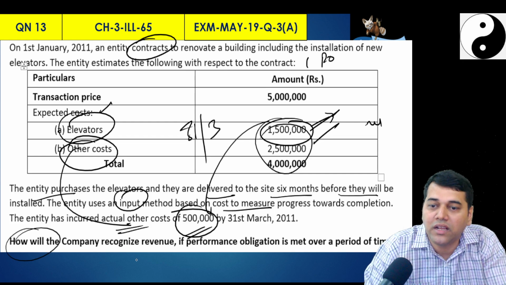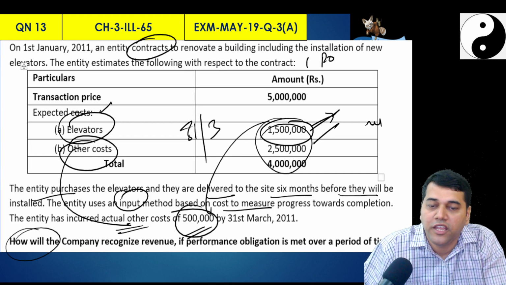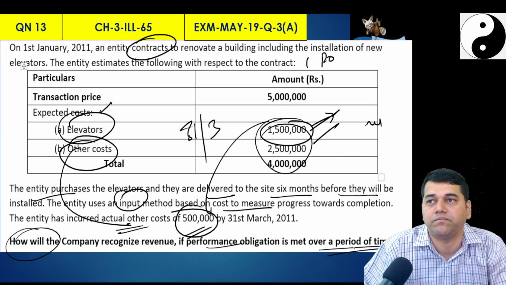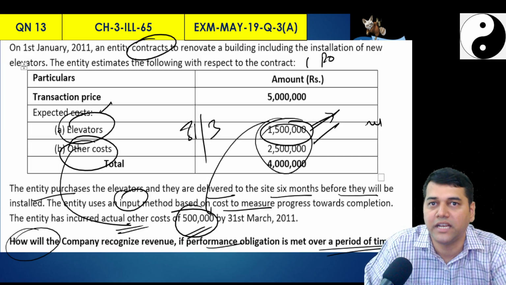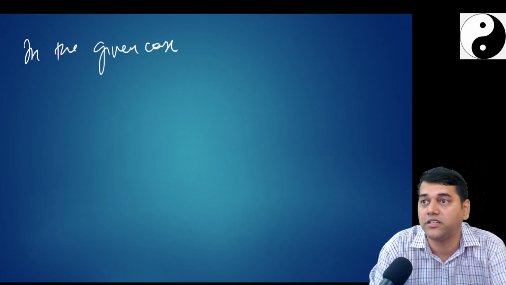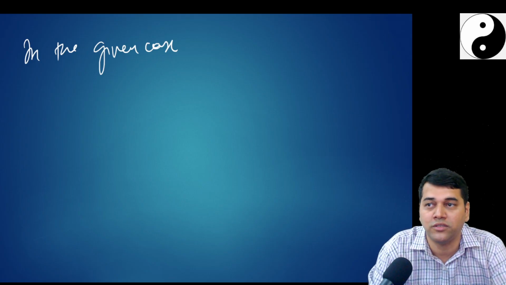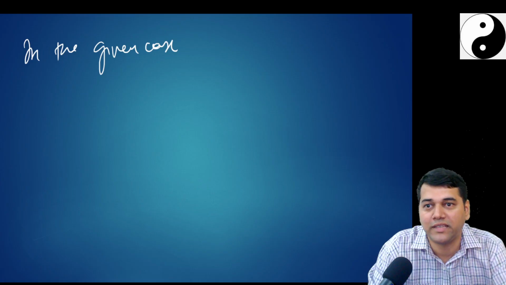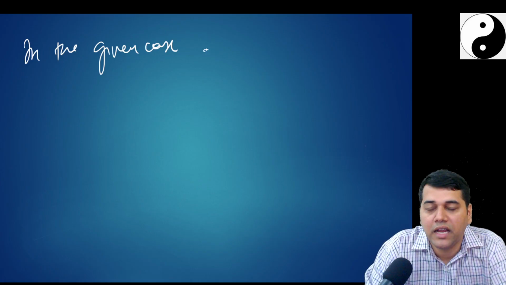And how will a company recognize revenue if the performance is over a period of time? Yes, we will solve this problem. We'll check whether those 4 conditions are fulfilled or not. So write, in the given case, and I will show you other variations. They will talk about principal agent relationship and all in the examination question. I'll show you how it comes in the examination. In the given case, entity